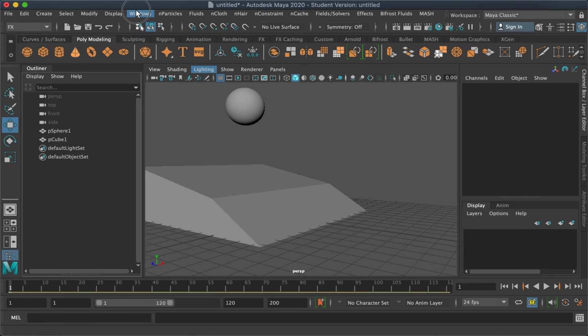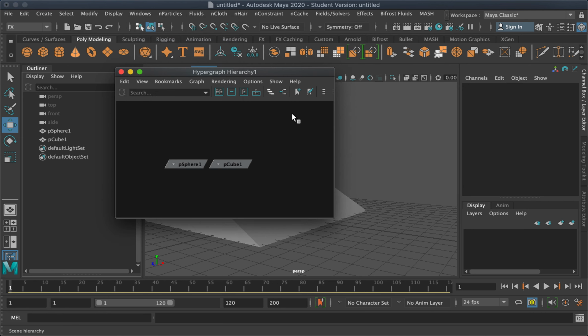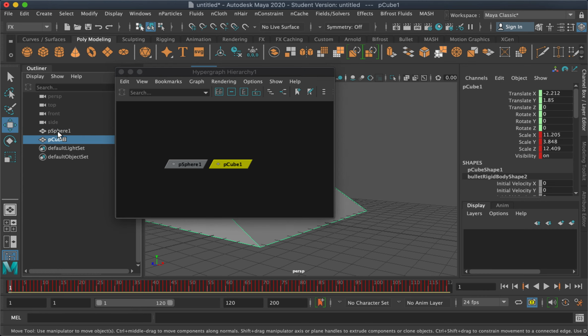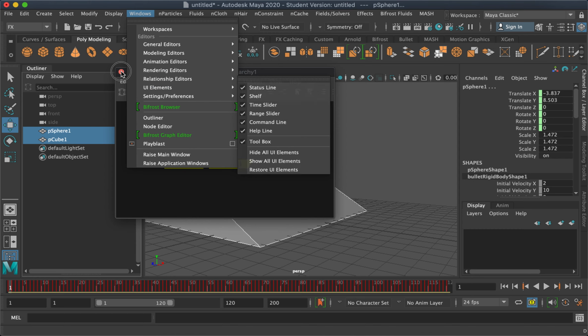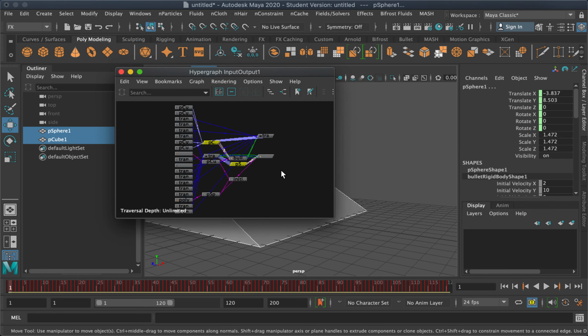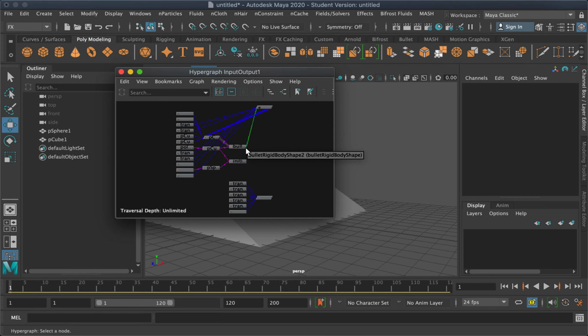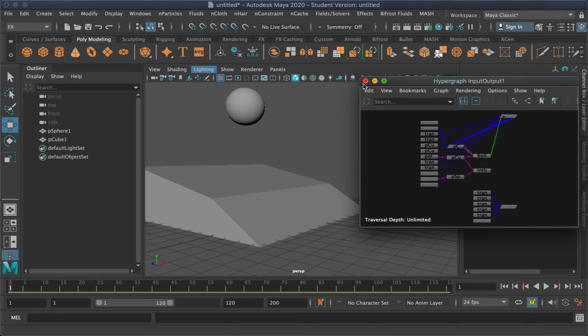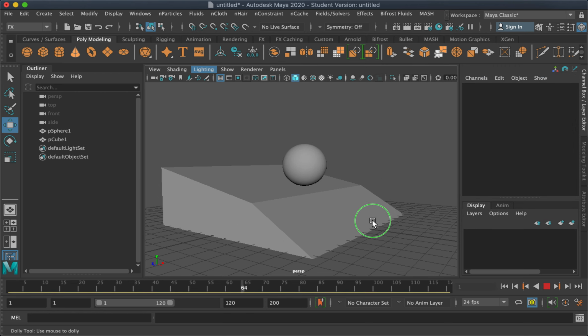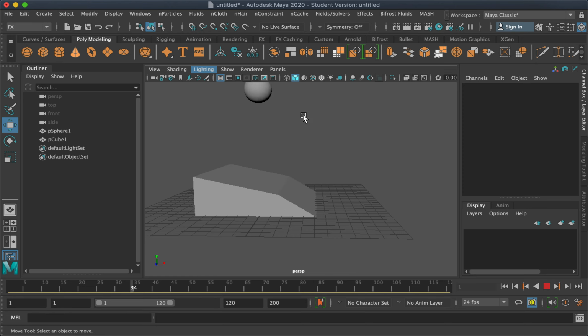If you delete this and we delete the connections, let's say I'll remove the bullet solver and the bullet rigid body shape node, this will still work because it's already baked. Maya already added the keyframes.